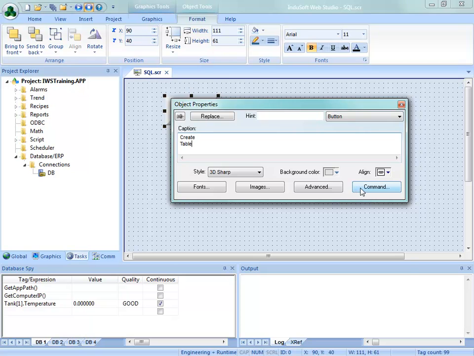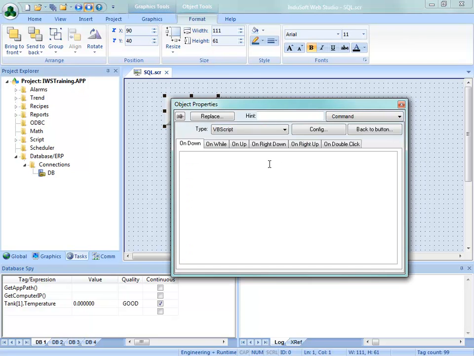And the command for that, what we're going to do is declare a variable. So I'm going to dim SQL as a VBScript variable. Now VBScript variables can take on whatever data you put in them. They're type variant by default, and so we're going to build this SQL statement by using this variable SQL equals, and then inside of double quotes I'm going to build this statement: create table